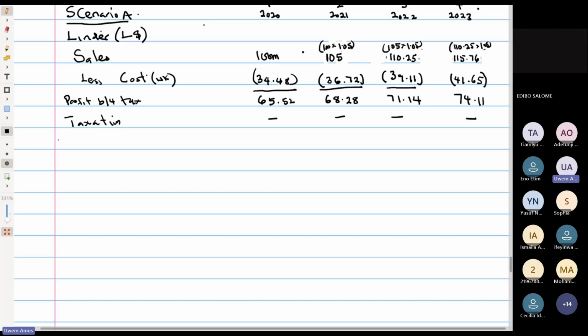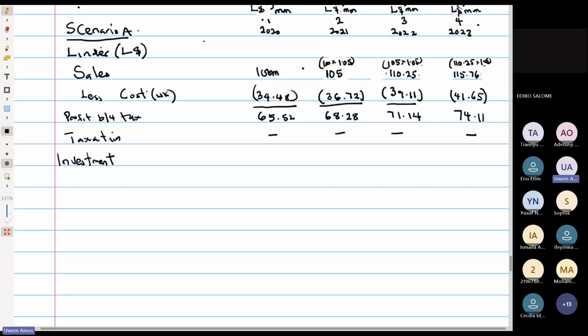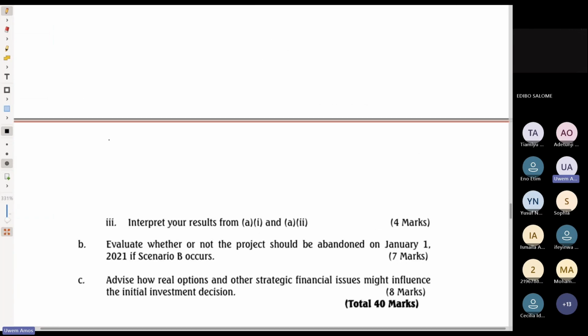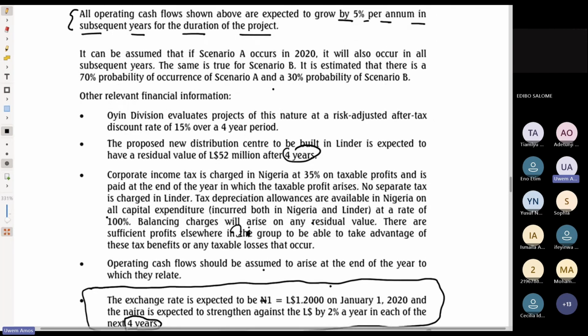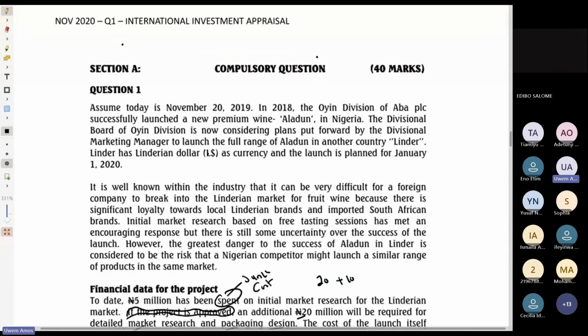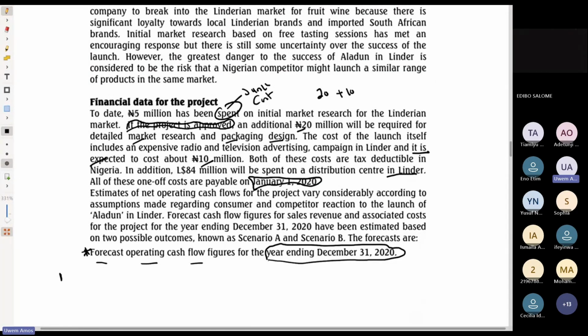So how much are we going to invest in fixed asset to set up the factory or the distribution center in Linda? And at the end of the 4 years, if we do decide to close up, how much are we going to get from it? So let's see our question and say how much are we investing and how much are we getting back at the end of the 4 years in terms of the scrap value or the residual value. I think it's right in this paragraph, the first paragraph we read. So we're not reading the question all over again. It says